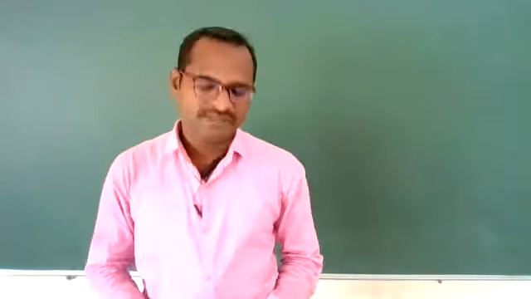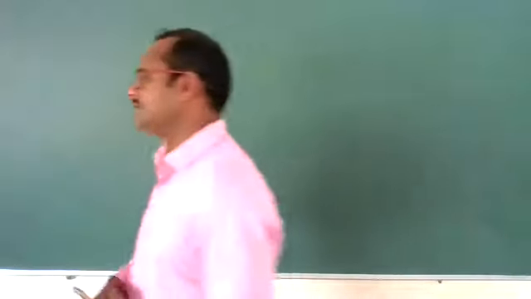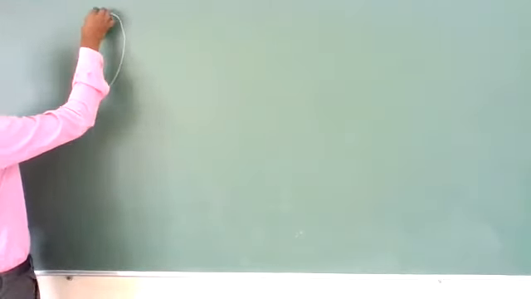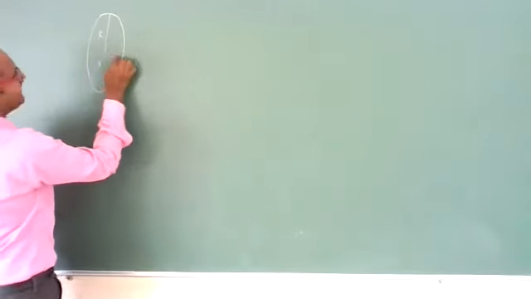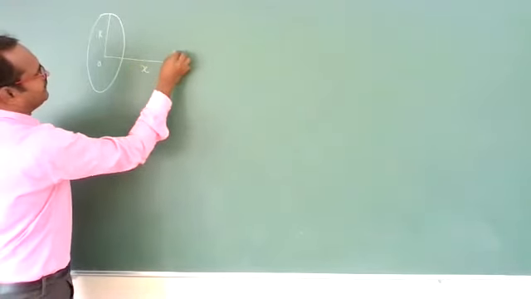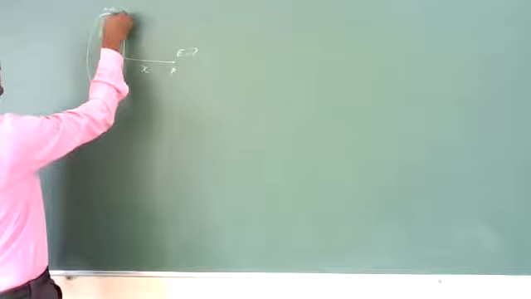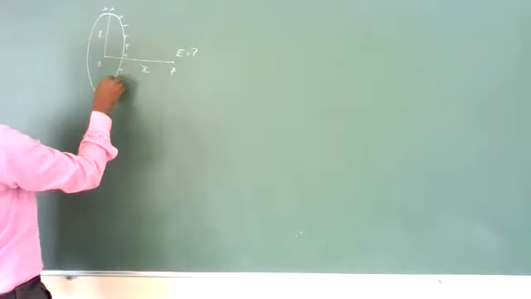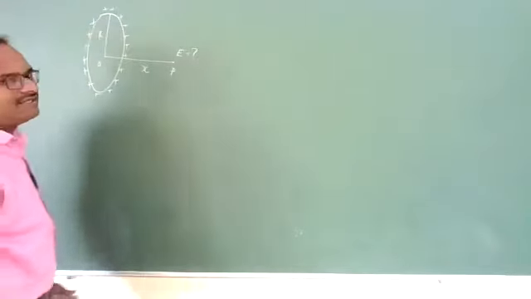In the previous class, we were discussing the electric field due to a circular charged ring at a distance x on its axis. That derivation we were discussing. This is a circular ring, and this is the center of the ring, having radius capital R. Now, on its axial line at a distance of x, at this point P, what will be the electric field that we want? Charge is uniformly distributed on its circumference. Yesterday we derived